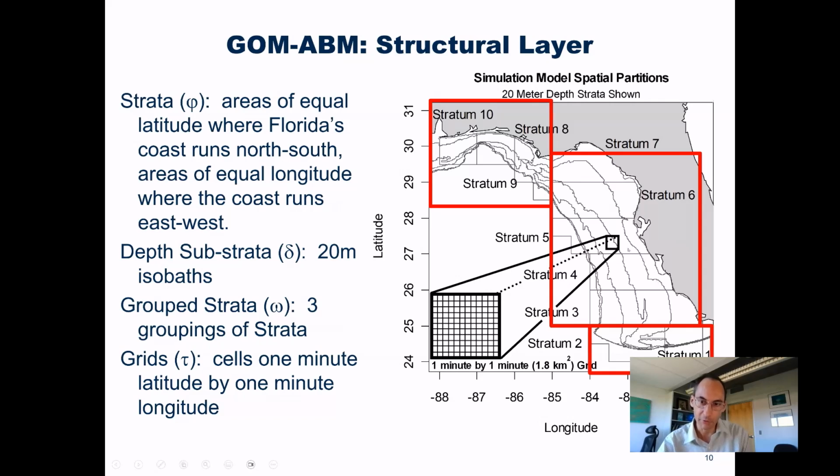So, for example, this would be one polygon. Next to it here would be another. And these polygons, I'll talk about in a minute, were used for decision making in terms of where to go fishing broadly, and then more specifically, a fishing boat was placed in a grid cell within that polygon.